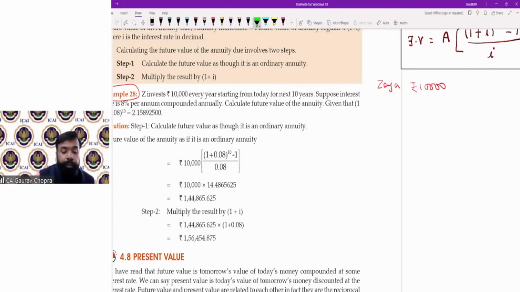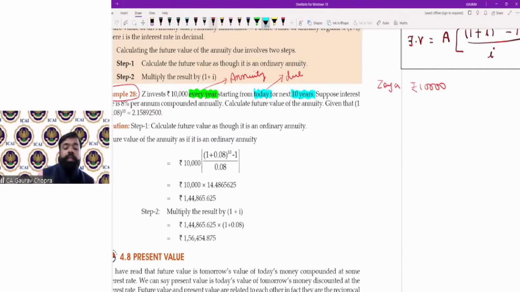तो जैसे ही आपने ये वर्ड देखा every year, एवरी ईयर से आपको क्या समझ आया कि दिस इज एन्युटी। अगर एवरी ईयर नहीं होता, मतलब उसने सिर्फ एक बार डिपॉजिट किया है, तो उस पर सिंपल या कंपाउंड इंटरेस्ट आप निकालोगे एज पर द रिक्वायरमेंट ऑफ क्वेश्चन। बट जैसे ही वर्ड यूज हुआ एवरी ईयर, इट डिनोट्स एन्युटी। तो रीडिंग क्वेश्चन वेरी केयरफुली इज इंपॉर्टेंट। तो क्वेश्चन को बड़े ध्यान से आपको पढ़ना है। देन लिखा है स्टार्टिंग फ्रॉम टुडे, आज से शुरुआत करनी है। इट मींस एन्युटी ड्यू और एन्युटी इमीडिएट।